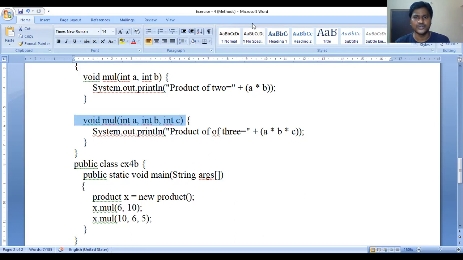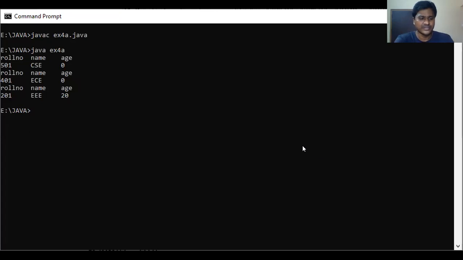And let me show you the execution part of this one. So coming to here, what is the file name? javac space, what is the file name? Exercise4b.java. So no errors.